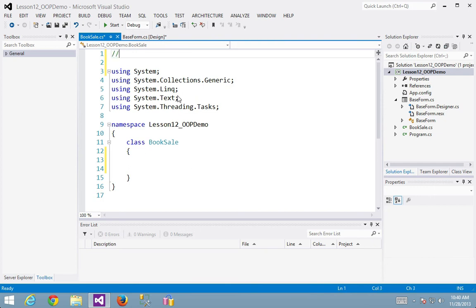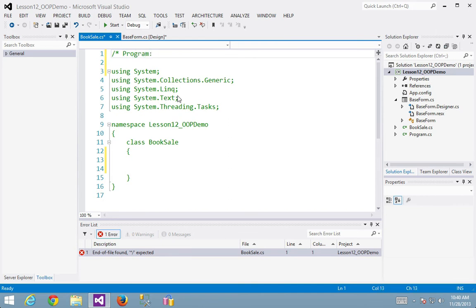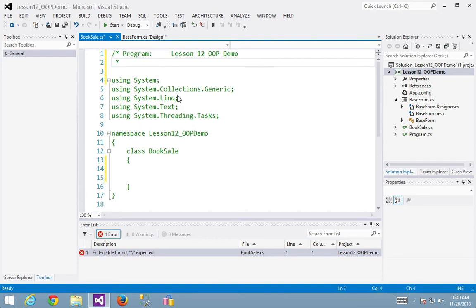So there are 2 ways to write comments again. You can do the // and it becomes green in Visual Studio, or the way I like to do it as well is the /*, which allows you to do multi-line comments here. So I'm starting off and I say, program. I can say the program is called lesson 12. And then it's an object-oriented demo, right? That's what we're doing here. Maybe give myself a little bit more space in the comments, right? I skip down and I go to programmer. Well, that's me, right? Or you, if you're doing it. So Tom,